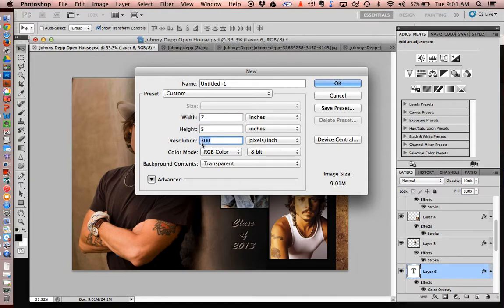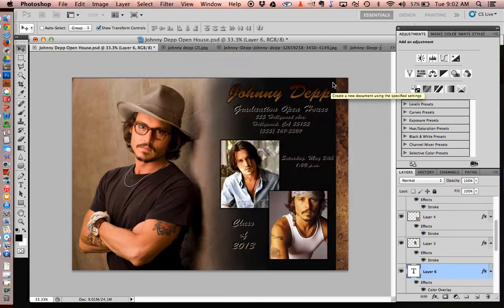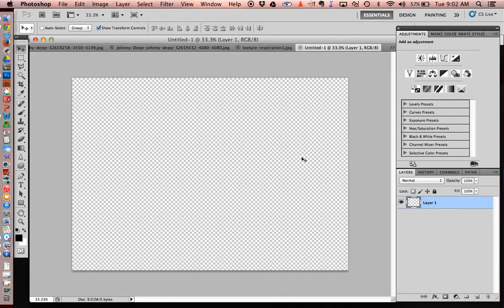Make sure that this says 300. If it doesn't, you need to change it to that. That is your printing quality, and you could title it up here, and I'm just going to leave it untitled so I can find it fast, but certainly you can title it whatever you want, and then say OK. And now I have just a transparent background to work on, but I know it's 5x7, so I can start